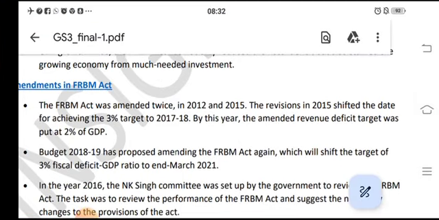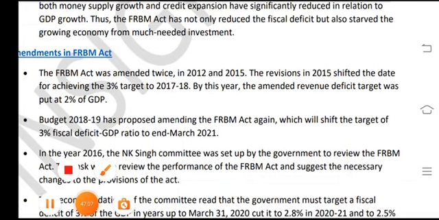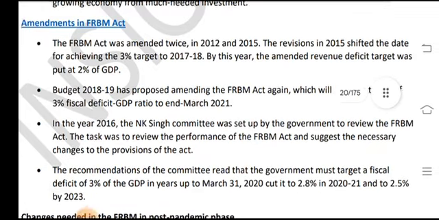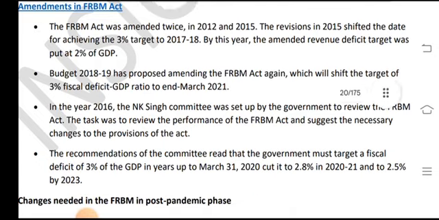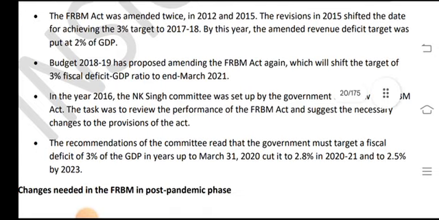The FRBM was amended twice, in 2012 and 2015. The revision in 2015 shifted the date for achieving the 3% target to 2017-18. By this year, the revenue deficit target was put at 2% of the GDP, and Budget 2018-19 has proposed amending the FRBM Act again,